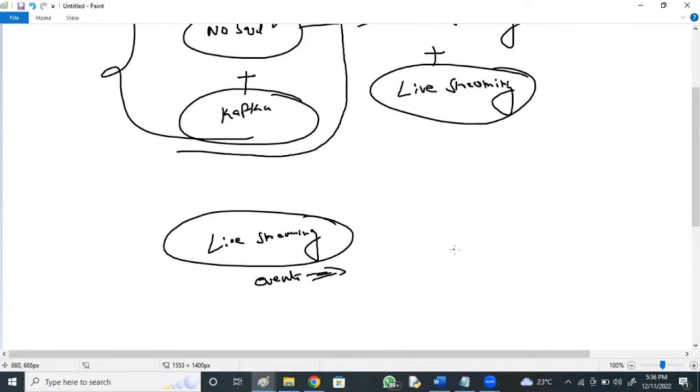We need a very high speed processing technology like Spark for that. The rate of event generation should match the rate of processing. So Spark can do it: on one side events are generating, on the other side Spark processes the events at high speed.